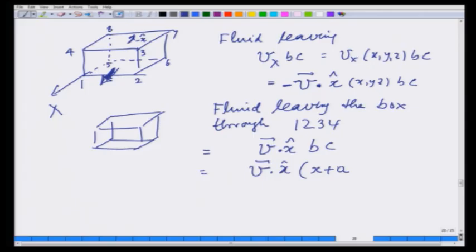Remember, the surface 5, 6, 7, 8 is at x. This is going to be x plus a, but all other points they have the same, all the points have same y and z, B c,